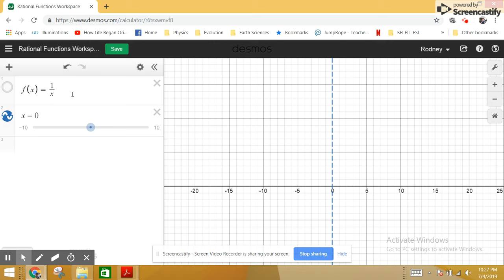So the other thing we can analyze about this is to figure out, are there any limitations on the output of the function? Well, it turns out there are. There is one number that the function can never equal. There is no way this function can equal 0, because there is no x value that you would ever divide 1 by in order to get this function to equal 0. So I'm going to make a second asymptote.